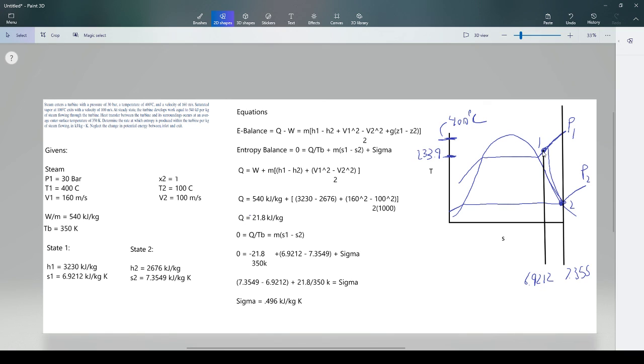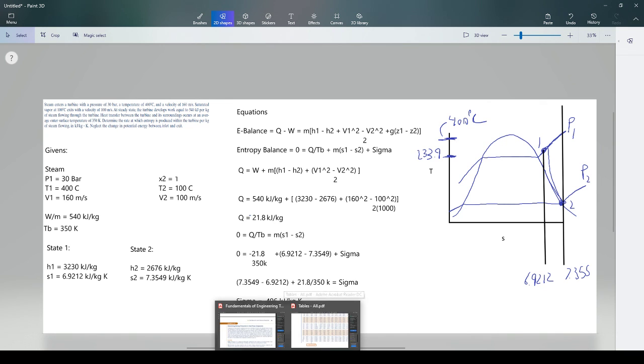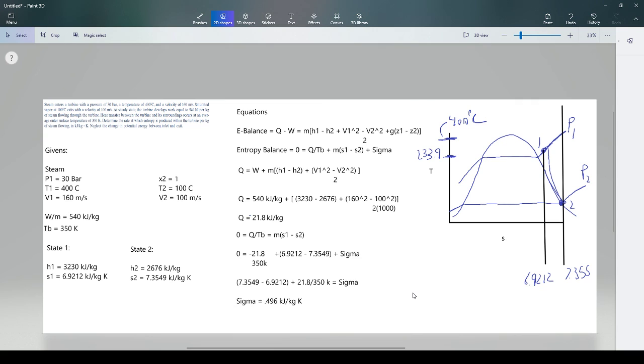So right here is where we would have been isentropic. Over here is where we were with the actual process. So now, hopefully, this sort of question makes more sense. I can't remember what your homework has in terms of questions. I think you have a turbine, though. But I'm going to go ahead and stop the recording, and we'll look at it in just a second. Hopefully this one made a little bit of sense.